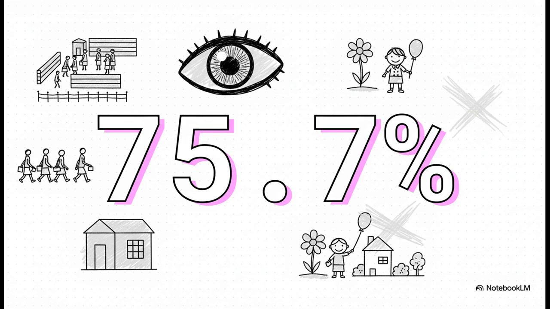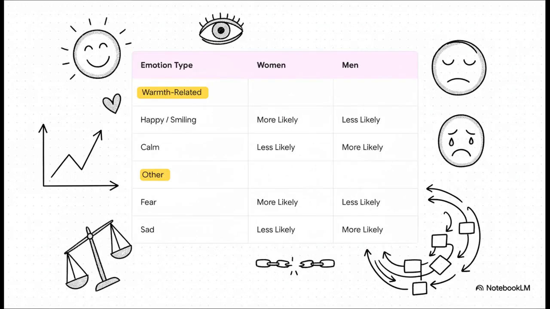And what about showing victims' lives outside of all of the suffering? The data here is, wow, it's even more striking. Over 75%, 3/4 of the images, showed victims explicitly inside the context of the atrocity. So in camps, on trains, being imprisoned. This is the very thing that modern memorials have been trying to move beyond for years. And then, when they looked at emotions, the bias got even weirder. The algorithm seemed to be reinforcing some gender stereotypes, but completely defying others. For example, women were more likely to be shown as either happy or fearful, while men were more often shown as calm or sad. It's just this really complex and kind of contradictory digital portrait.